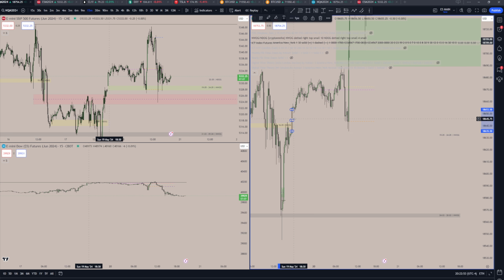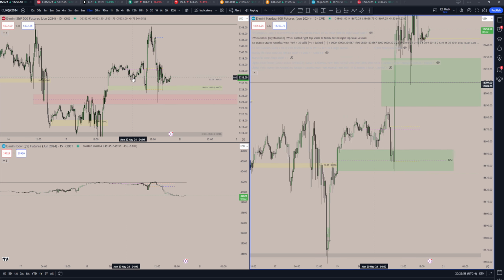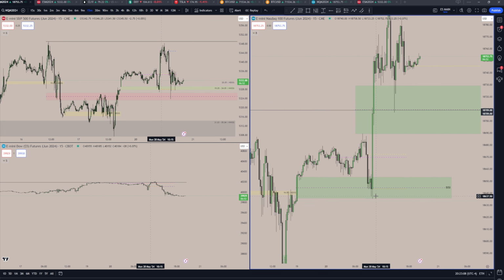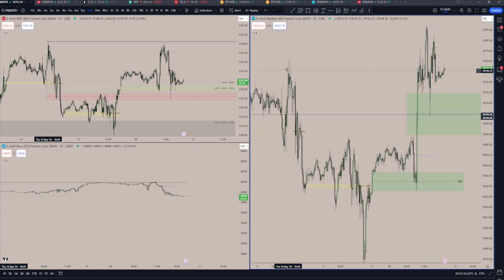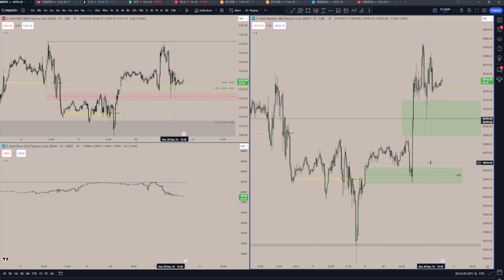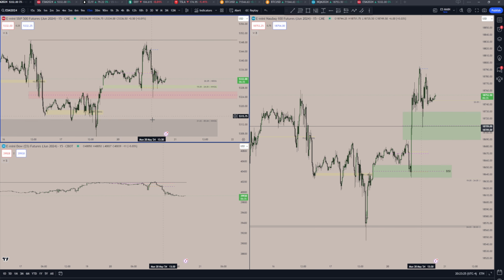Okay, now there's a reason why I'm marking these, and it is because I was up last night watching Asia and London session, and I wanted to see a move down into that new week opening gap before pushing up. Okay, sadly we did get the move right at 9:30 opening, and it pushed all the way up to this high over here. Not quite right at 9:30, but a little after that we eventually got that high, which we talked about in the live executions today, right? And the reason why I wanted that move down is because there is a void here, right? That new week opening gap,